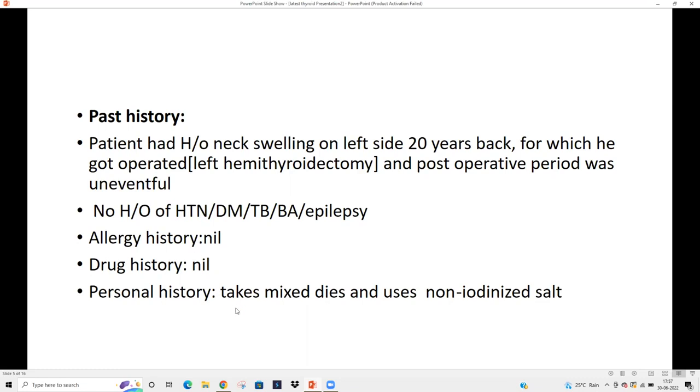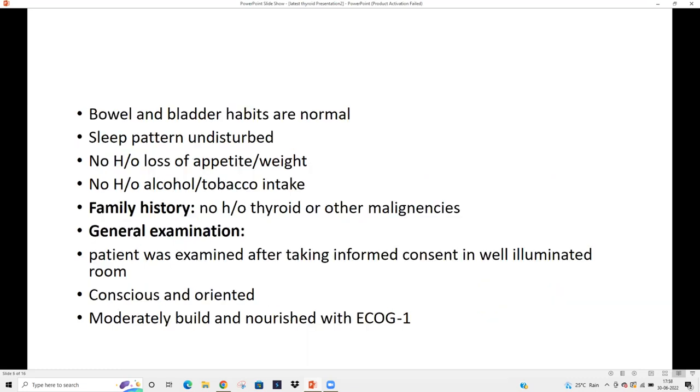Personal history, he takes mixed diet and uses non-iodinated salt. That's raw salt for cooking. Bowel and bladder habits were normal and sleep pattern undisturbed. There is no history of loss of appetite and weight, no history of alcohol, tobacco intake. Family history, no history of thyroid and other related malignancies. General examination, patient was,